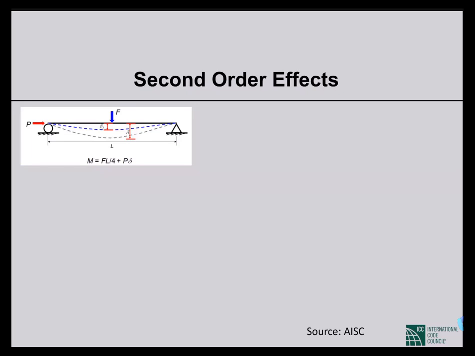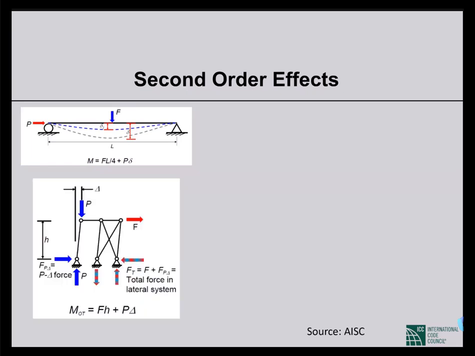In a linear analysis, where we apply the superposition theorem, we cannot deal with this thing. So this causes our analysis to be non-linear. So the first second order effect is this, we call it P small delta effect. Another one is at the global level. This is individual members, and the moment, the secondary moment due to the bending of individual members is called P small delta effect, second order effect.